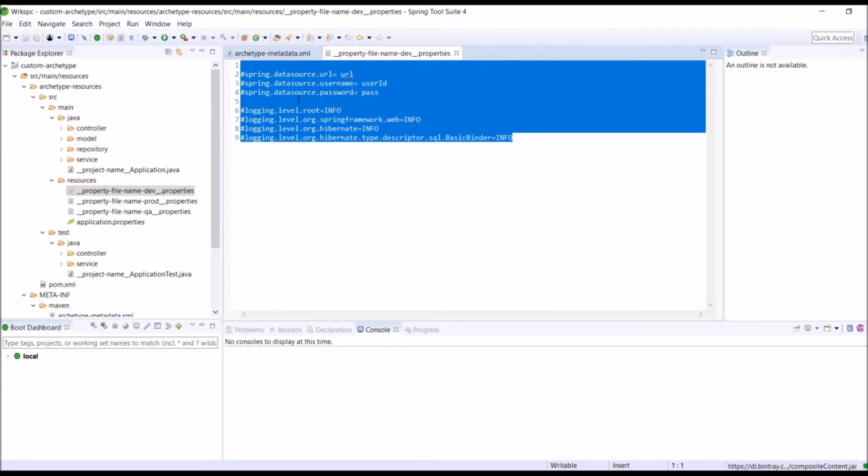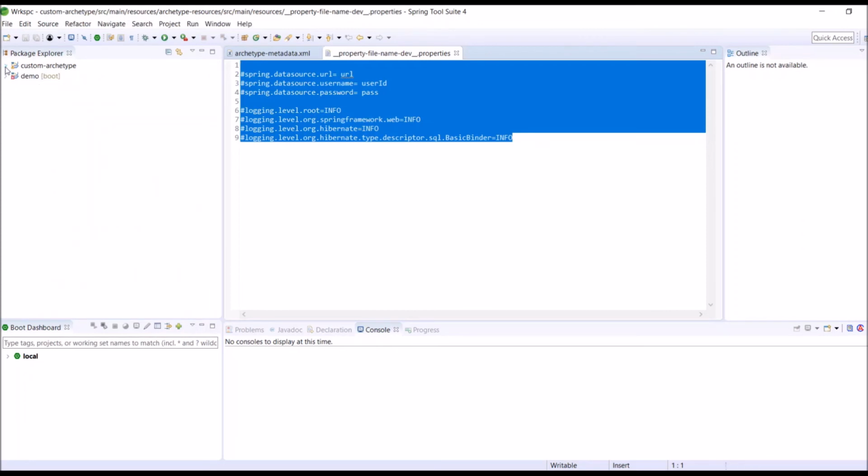Similarly, you can pre-populate for all the environments like QA, prod. Now we have the structure of the custom Maven archetype. So let's generate this custom Maven archetype jar and use this jar to generate our project structure.